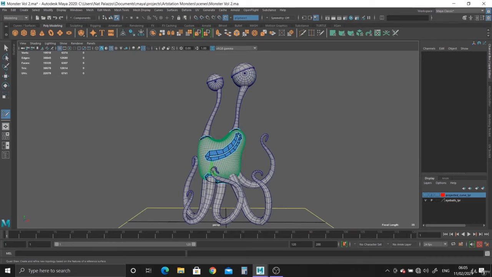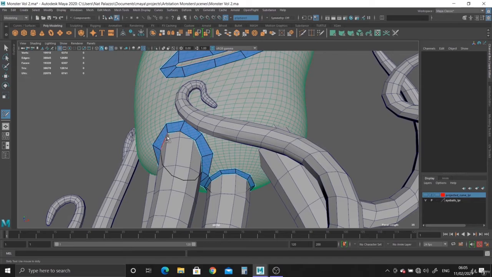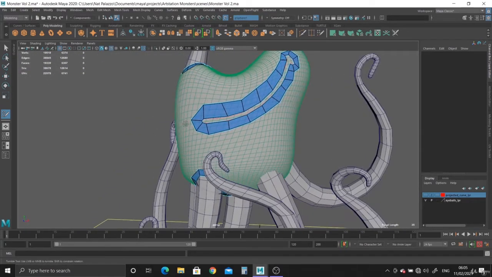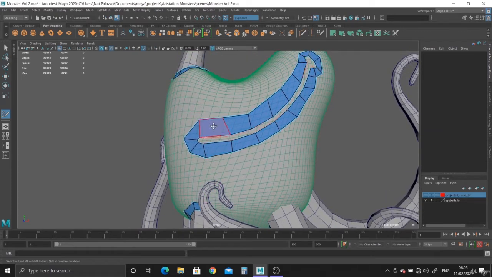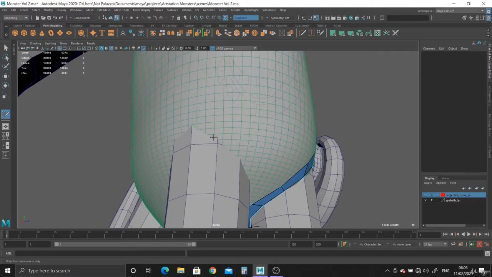All right, so we're back, and we're just continuing with the quad draw tool to retopologize this character, or just to create new proper topology. And so again, 12, not 12, but 10 around the legs actually. So that's